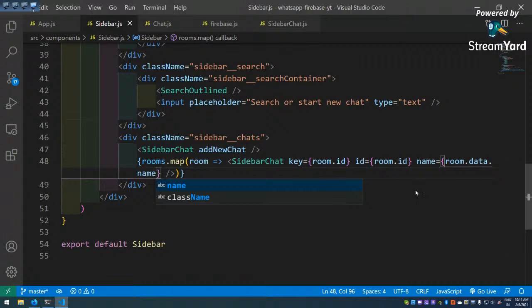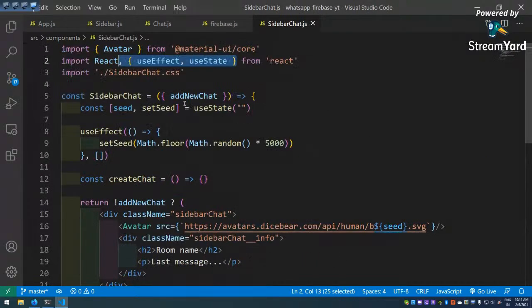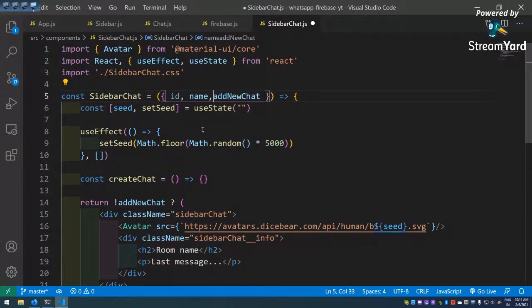And now we are going to go to the sidebar chat, because we now have these two new props, ID and name. So we are going here, and we are going to pass ID comma name,